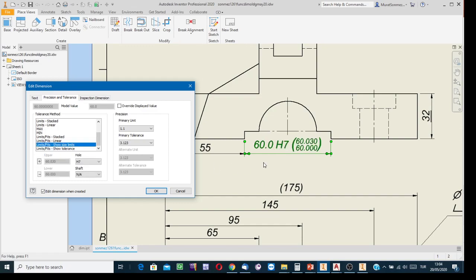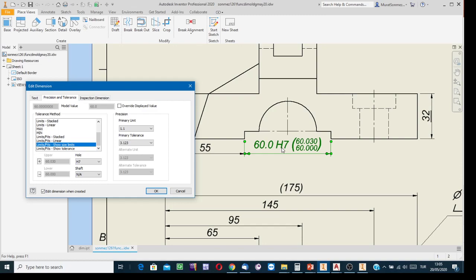Yes, if you select this option, then Inventor can understand that you're going to show the functional dimension using the format of today with IT grade. And also, the good practice, for the convenience of those who are not so good at determining the upper and lower limits, is showing the limits in parentheses. But Inventor, similar to AutoCAD, arbitrarily selects the